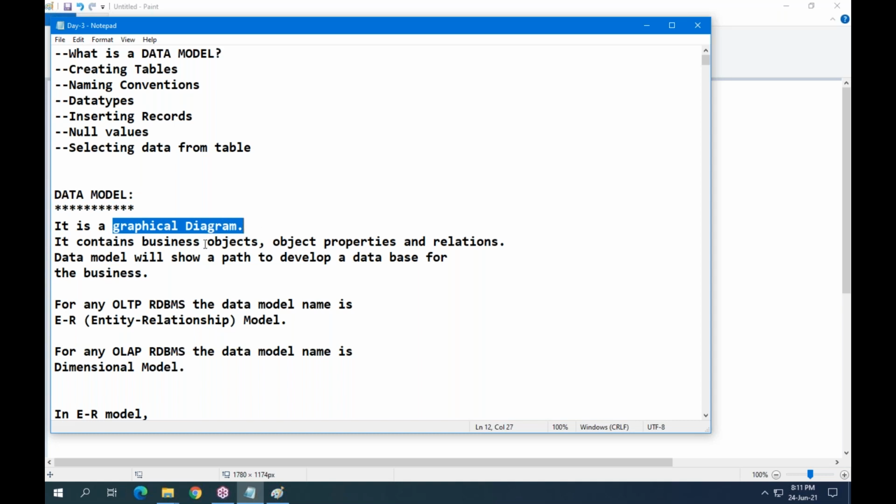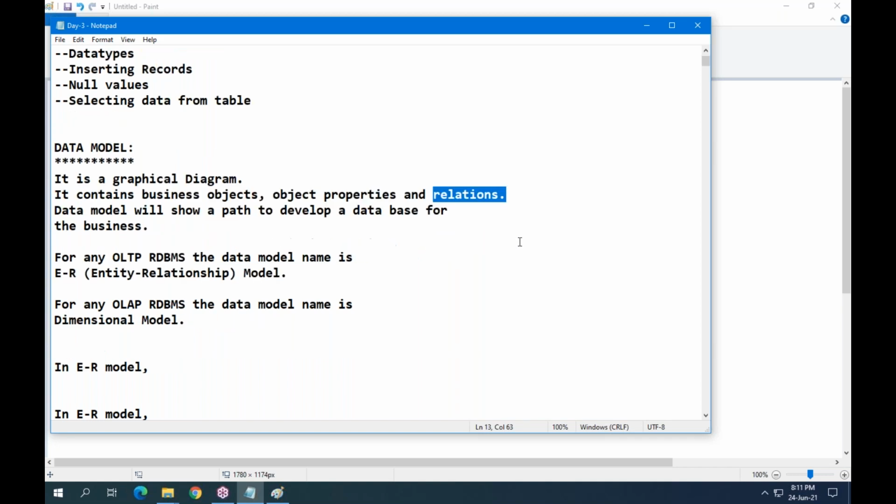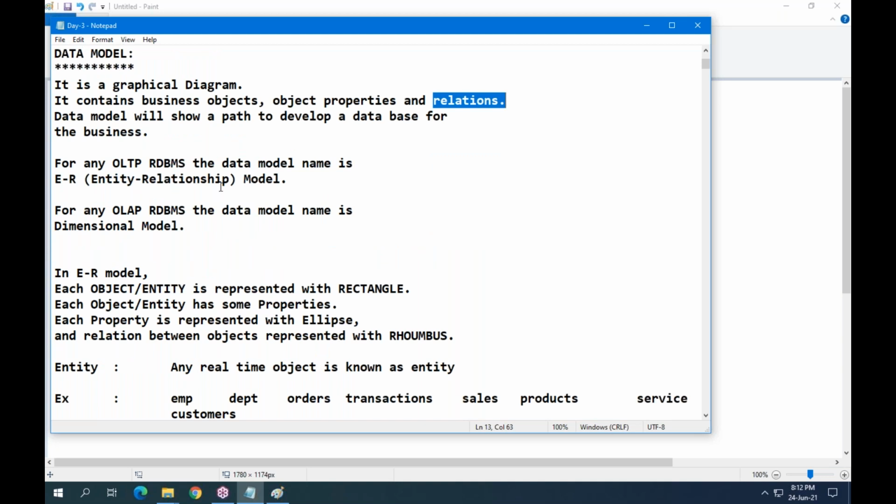In this diagram, we have objects, object properties, and relations. Again, repeating: a data model is a graphical diagram with objects, object properties, and relations. Objects are represented with a rectangle, a property is represented with an ellipse, and a relation is represented with a rhombus.